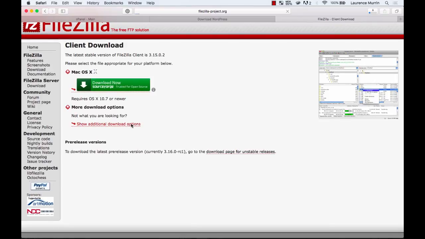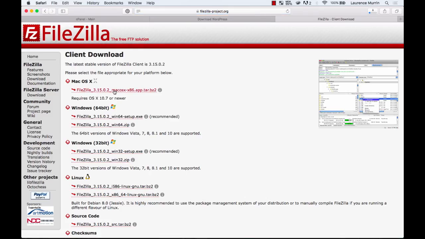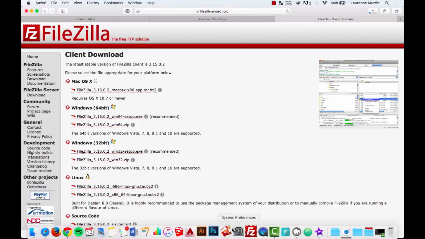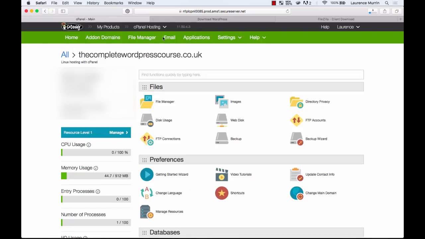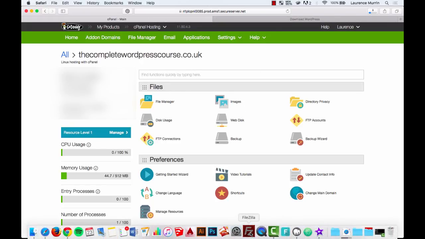So refresh that. There's the Mac version there, and I've already got it on my computer. So what you want to do is download it, follow the installation and get that installed on your computer. I've got it here, and once that's downloaded and set up, and once WordPress is downloaded, I'm going to connect FileZilla to our hosting package. So to do that, complete the installation of FileZilla and then open it up